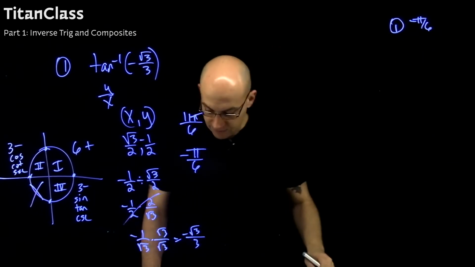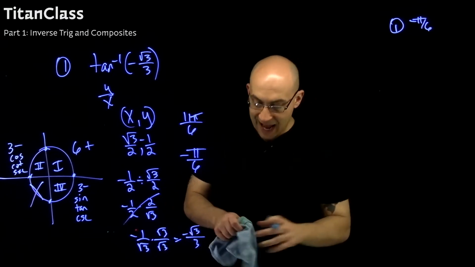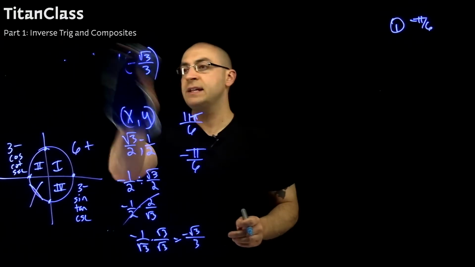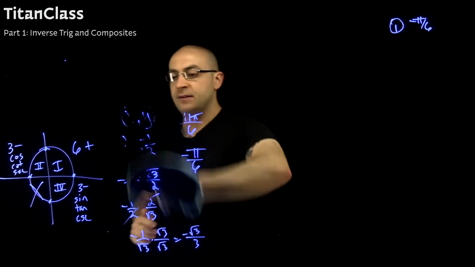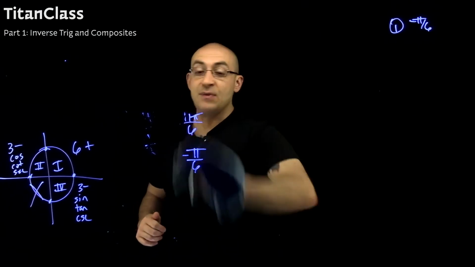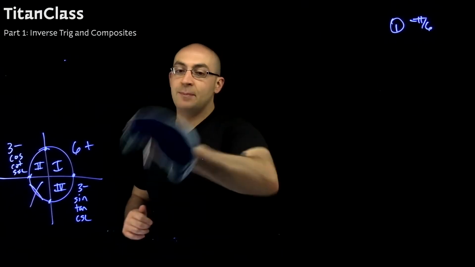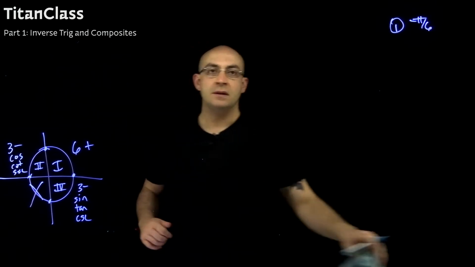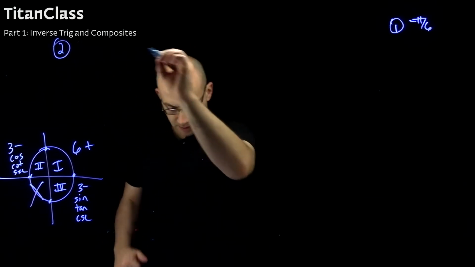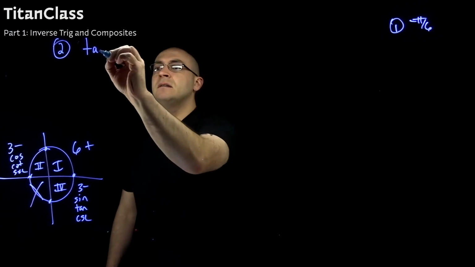Okay. Now, the other ones shouldn't be that taxing in terms of time. I will leave that unit circle up though, so we can go ahead and fly through the rest of this section. And again, these are not composites, these are just straight up inverses. Okay. Number 2 is inverse tan